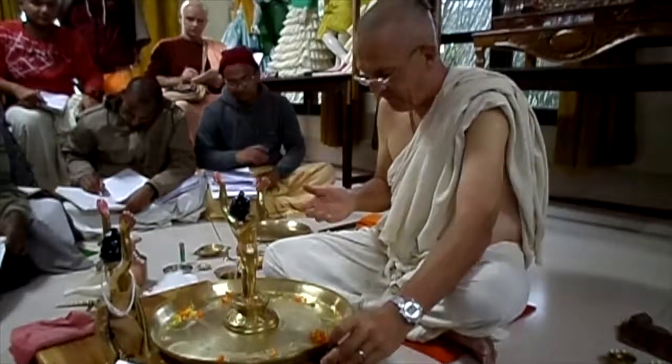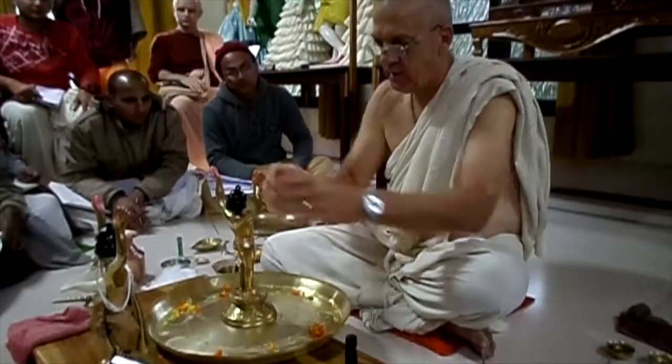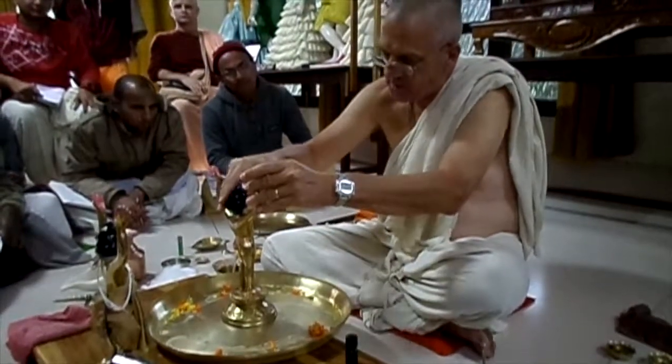Oh, saffron like this. Nice and warming. Saffron's a warming oil, so it's good in the